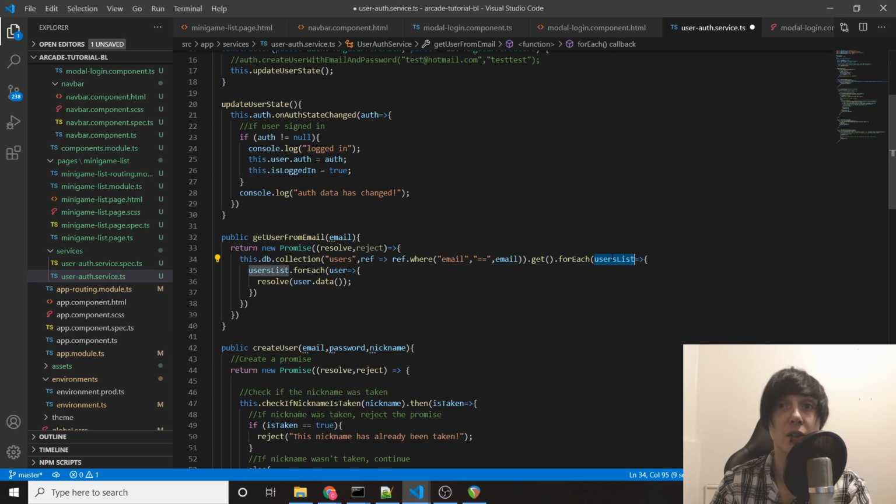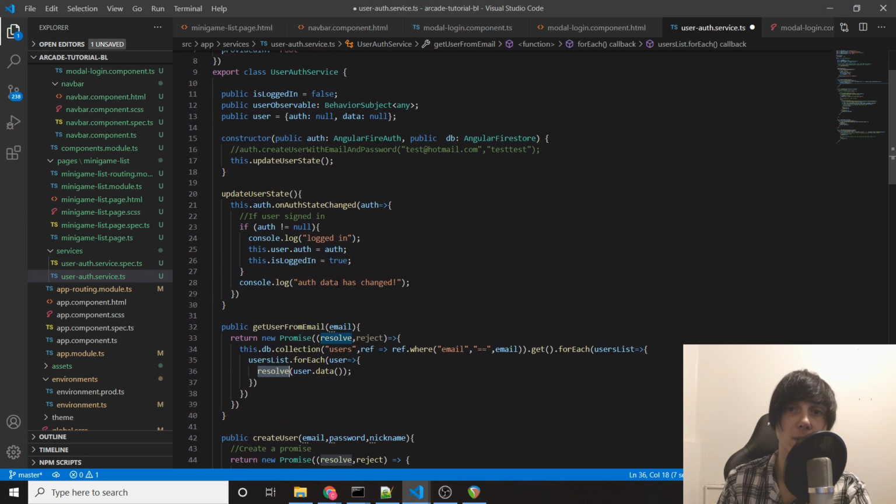Now what's interesting is this list of users is always going to only have one user, because there will never be a user with the same email twice. And we made sure of that when we were creating an account. It won't let us do it. Firebase actually won't let us do it even if we didn't have checks in place. So we're going to get this list back called usersList, and there's going to be one value in it. Now we have to loop through it. Even though we know there's one value in it, we still are going to loop through it. So what we'll call this loop, and it will give us the user in the list. And then we're just saying send in